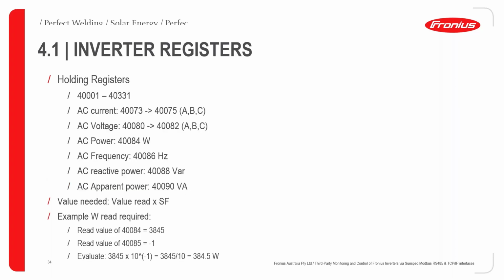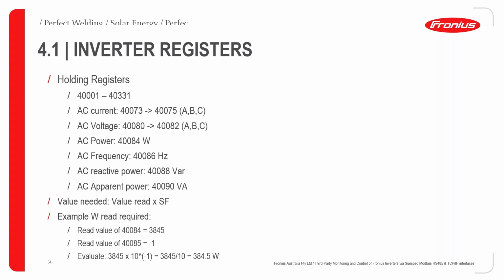Specific inverter registers. I've listed just a couple of the inverter registers there. The 40,000 numbers are the holding registers. Those are the actual addresses on which you can find registers. So you can find AC current, voltage, power, frequency, and so it goes. Registers as listed here. One example, just to point out: remember there's a value and a scaling factor, and there's